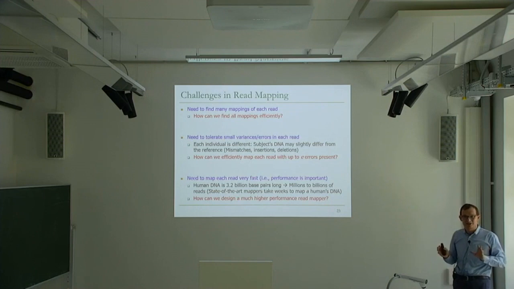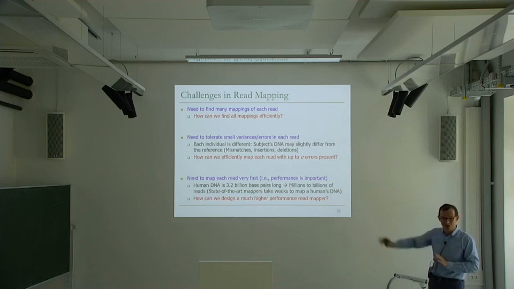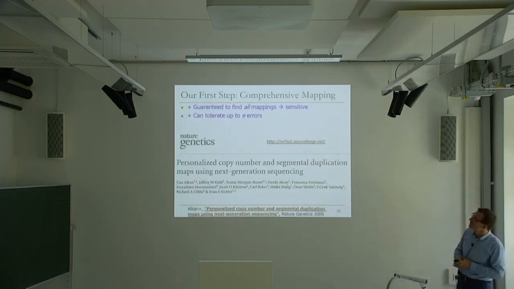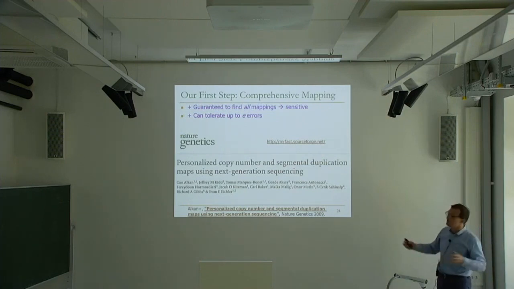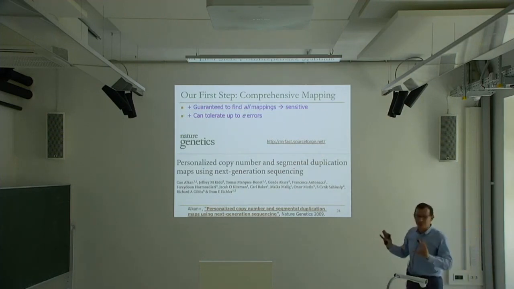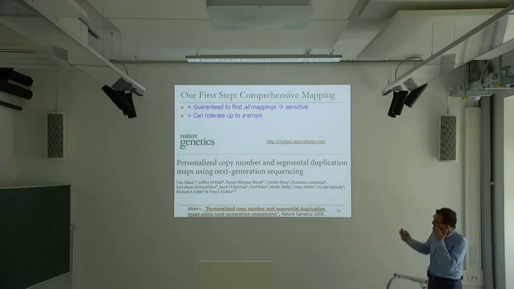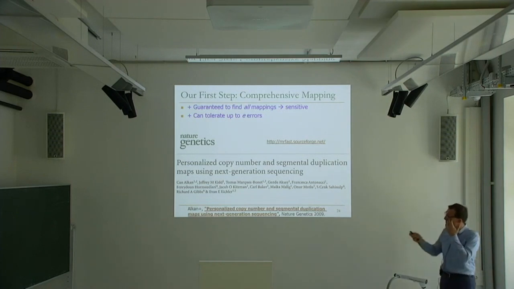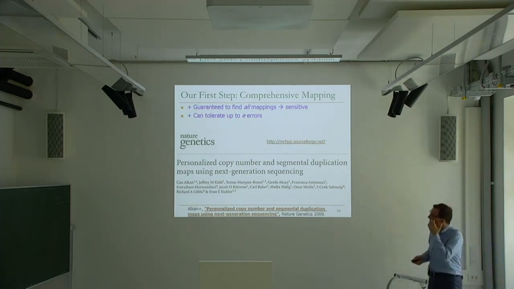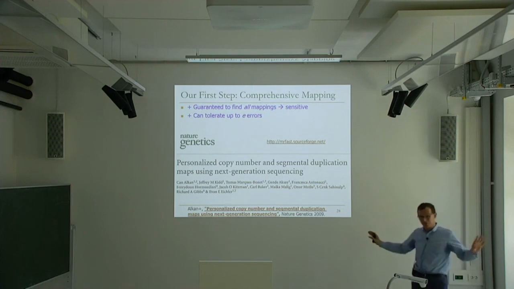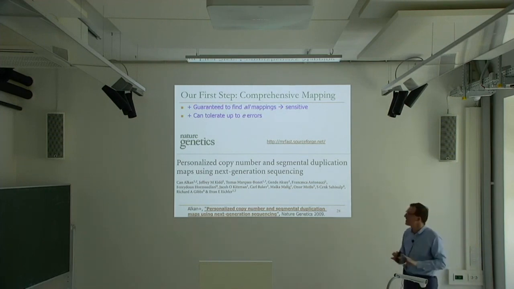Any questions? I know this is a new area to probably everybody, but it's a fascinating area to me, and I don't go into a lot of detail here at this point. So when we first started, we actually wanted to design a mapper that's very comprehensive, but that's still fast enough for our purpose. It's not going to be fast enough, but this is the first work we did together with folks from the University of Washington Genomics department. Basically, we wanted to design the mapper that's guaranteed to find all mappings of a given fragment, because we don't want to lose anything in the process.